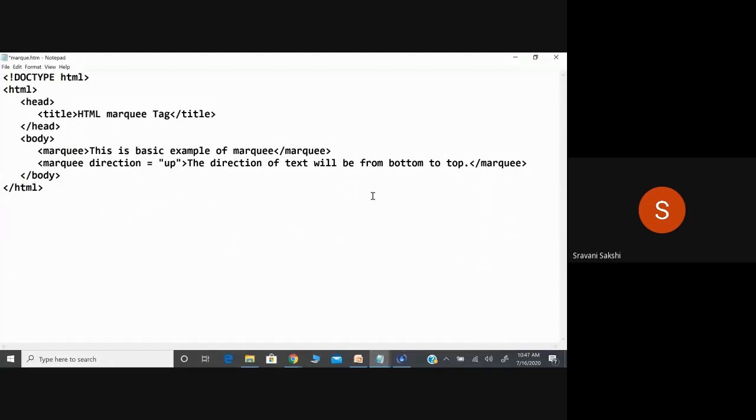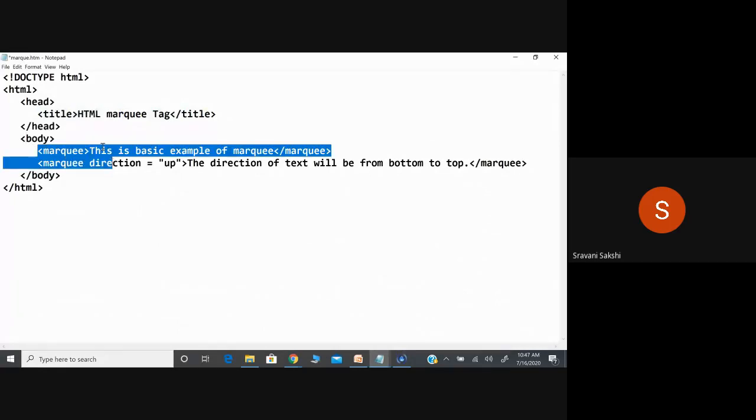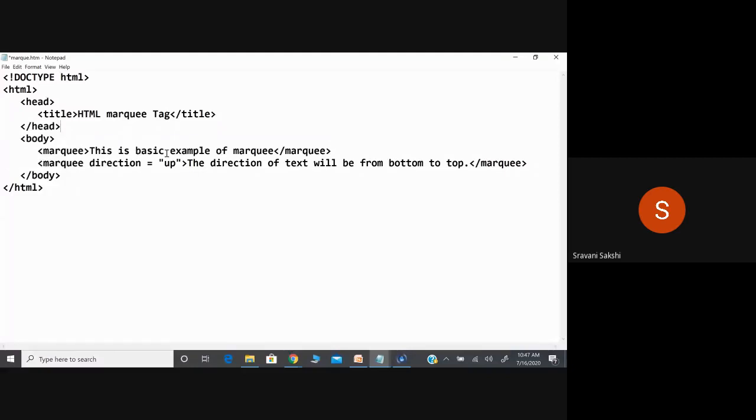So look here. I have defined the title here, HTML marquee tag. Okay, in the body section, I have created 2 marquees. In the first marquee I have not mentioned any direction. Okay, in the second one I have defined the direction as up. So the direction of the text will be from bottom to up, so it has to scroll upside.